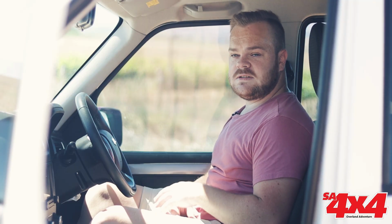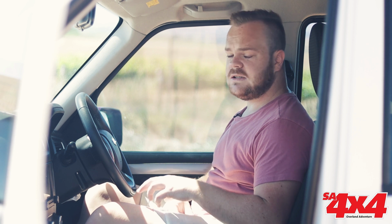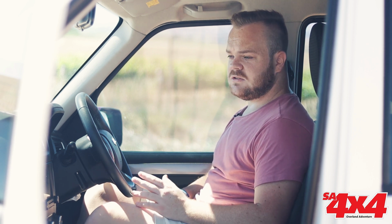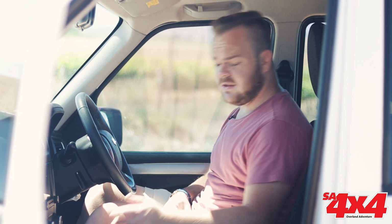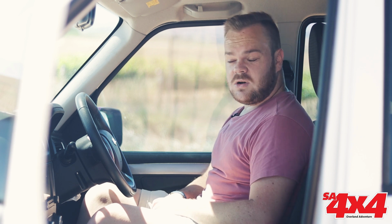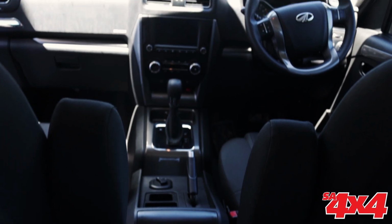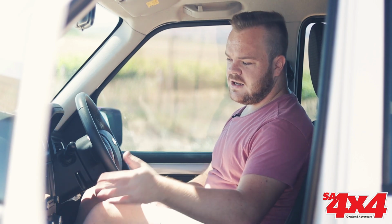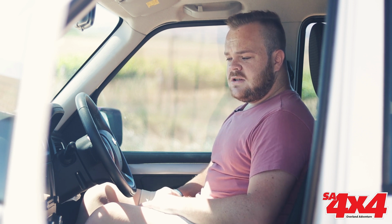But that workhorse exterior is contrasted by the surprisingly premium feeling interior. Most of the materials are high quality plastics, except for one little piece here by the gear lever. The seats are quite comfortable, although a bit lacking in lateral support, and I struggle to find the perfect seating position for myself. You'll find a touchscreen with some interesting features,